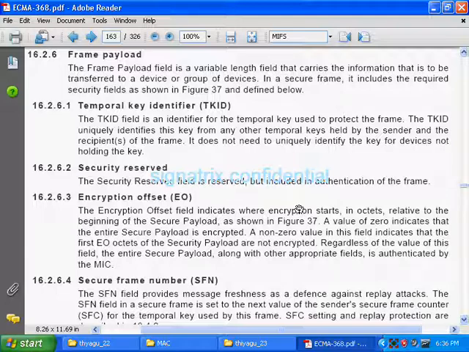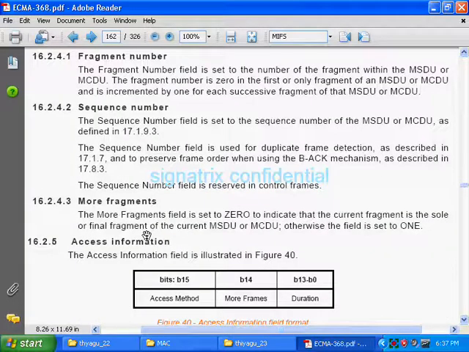A non-zero value in this field indicates that the first octets of the secure payload are not encrypted, because it tells the starting location from where the encryption starts. So if it is 5, the first 4 bytes are not encrypted. This is the definition for encryption offset.